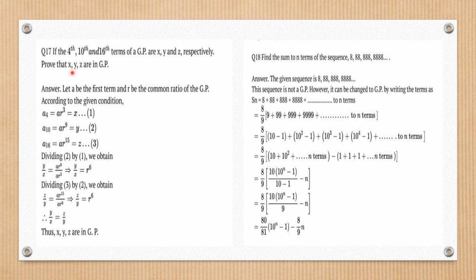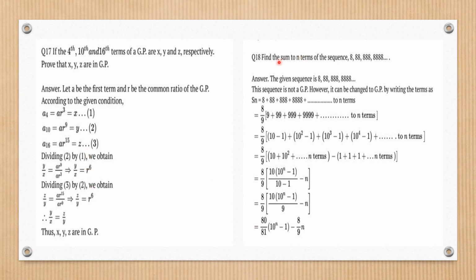The second way is that since the numbers are in GP, I can also prove that y square is equal to xz. In that way y will be equal to square root of xz. That is not required to be proved, or the middle one square is equal to the product of the other two. That is also the way, as we have done earlier in some questions, that you can take y square and then multiply x and z. Okay, and then you can get both answers the same.